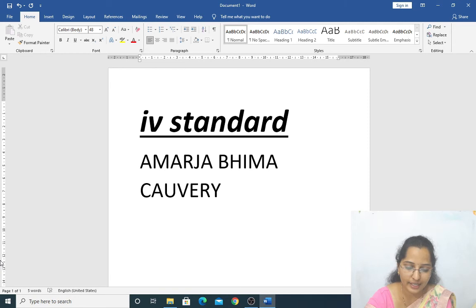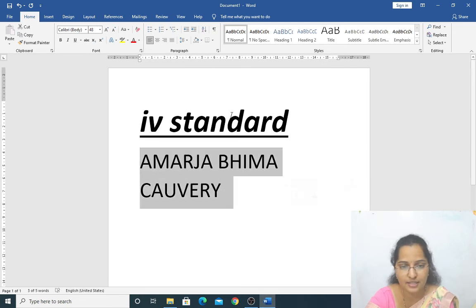How to change the text alignment. What is text alignment? To change the alignment of the text, we use this text alignment. Means again in text alignment we are having 4 types. What are those? Align to the left, align to the center, align to the right side and justify. Instead of explaining, I will just show what is text alignment and the 4 types. Wait, I will decrease the size first.